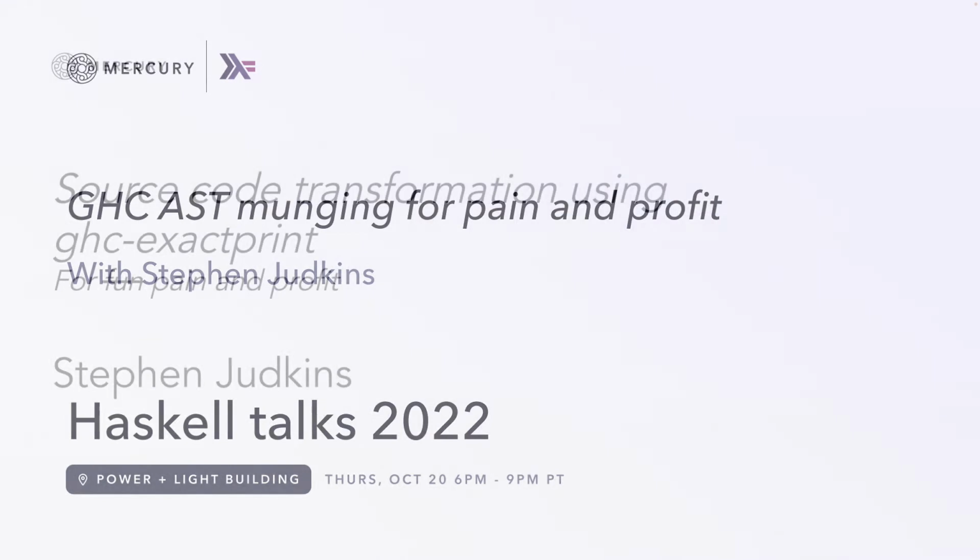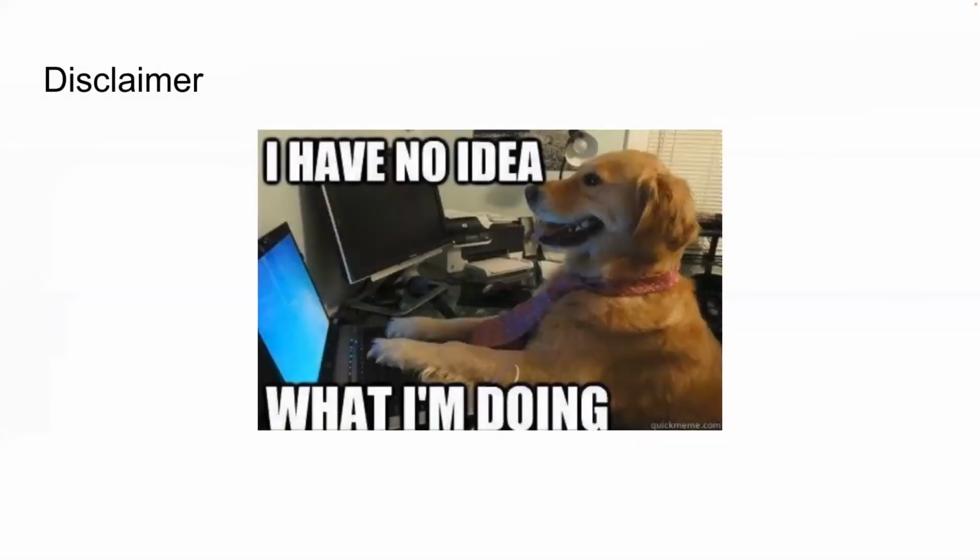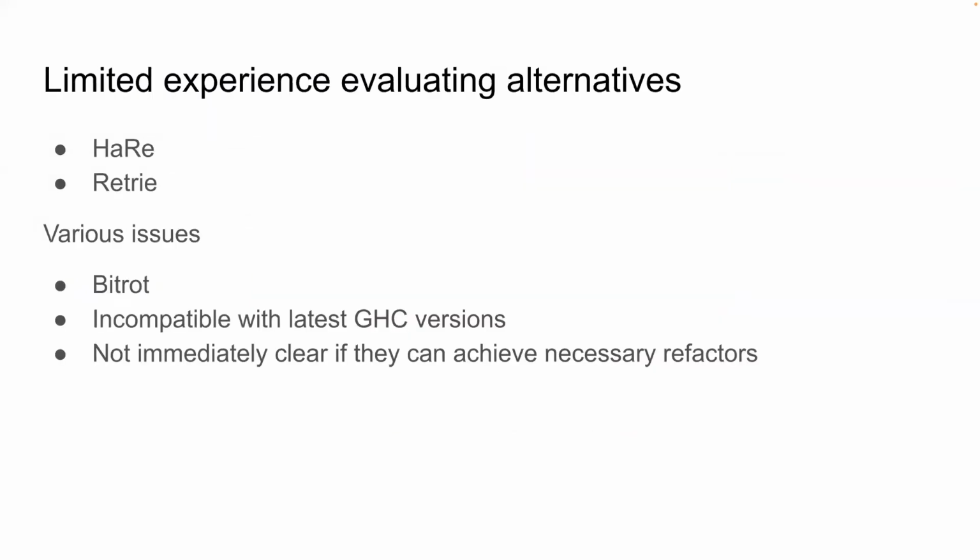First, disclaimer. I don't know what's going on. There's a wide variety of tools out here. I evaluated some of them to a little degree, some of them not at all. Some of them had bit rot and wouldn't compile. These seem like good tools. None of them, when I evaluated, did exactly what I wanted in a way that was easy or seemed straightforward. None of them had especially good documentation. But retry seems fairly